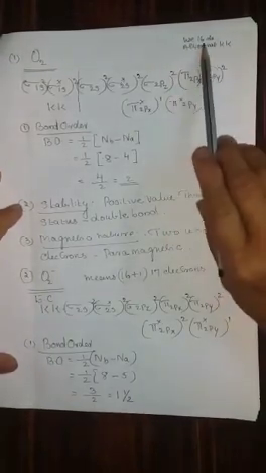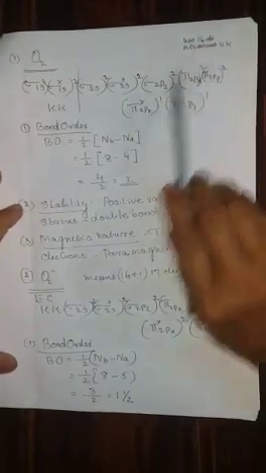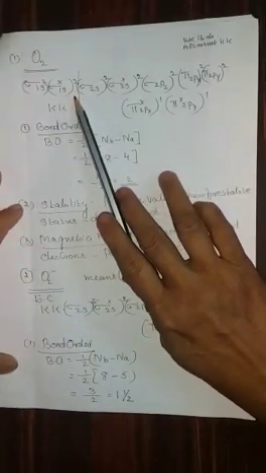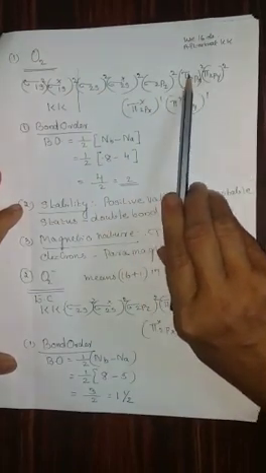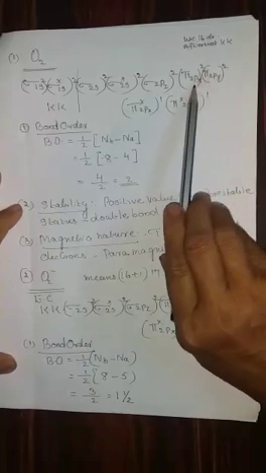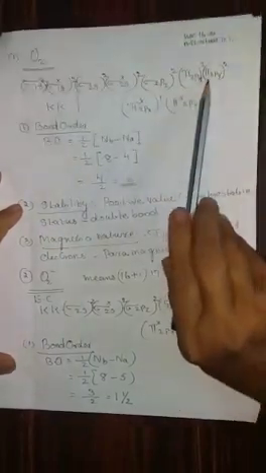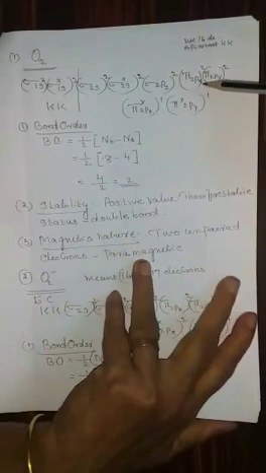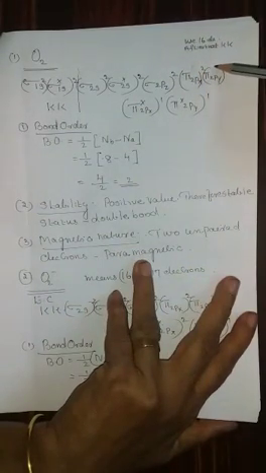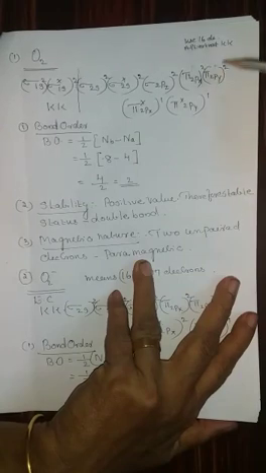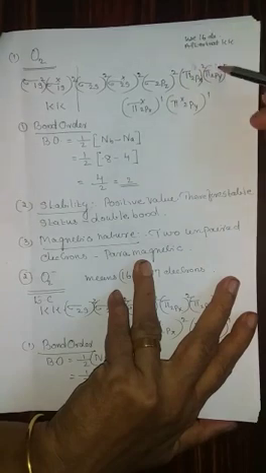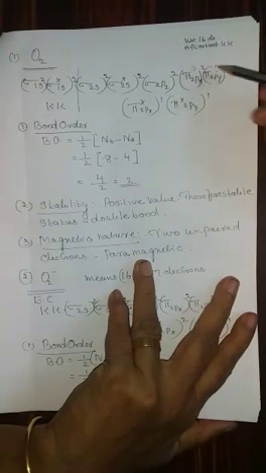O2 means 16 electrons. You fill up the electrons with 2 electrons in each orbital. But when it comes to pi 2px and pi 2py, be more careful. You put only 1 electron in 2px, then 1 electron in 2py. After that, you put the next electron in 2px again and in 2py again.